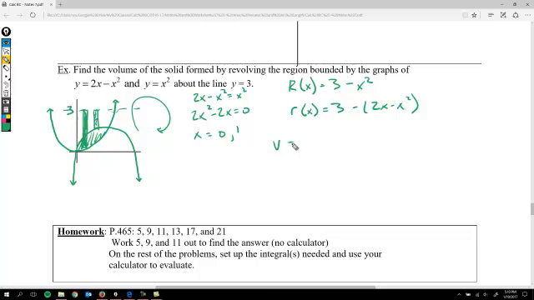And so I set up my integral. So pi, I'm going from 0 to 1. That's where I got these from. Of 3 minus x squared, so my big R, minus my little r, 3 minus 2x plus x squared. And all of this with respect to x. All right, and we could evaluate this or we could pop this into our calculator, and I got